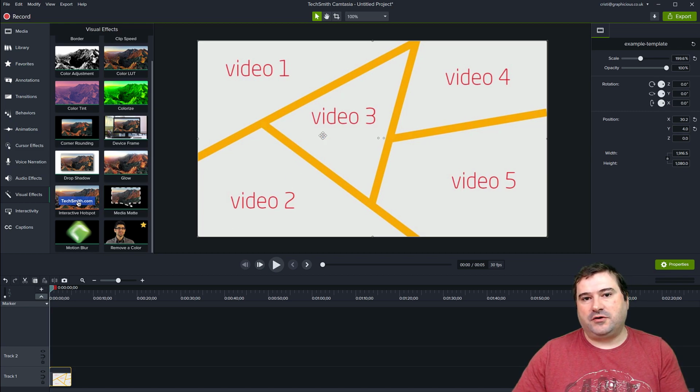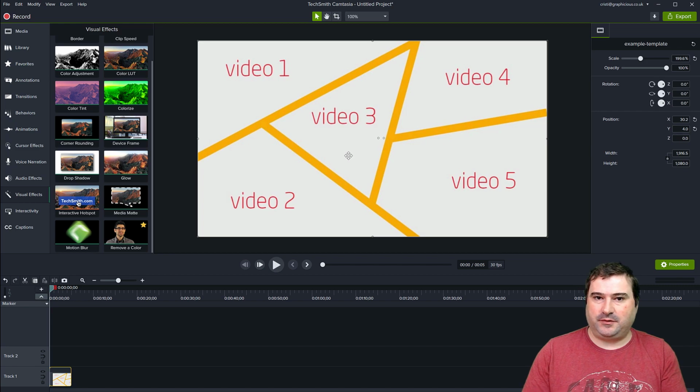But the problem we have is actually creating the shape in the first place. And like I've shown you, it's kind of awkward to do it with triangles here. And of course, if you have shapes that are more complex, like if they have rounded, squiggly edges or other irregular shapes, then of course you're going to have to do that in a separate graphics program and bring that image in as a PNG and turn it into a mask. But if it's straight edges like this, it's very easy to do it in Camtasia. So let's see how we can do that.